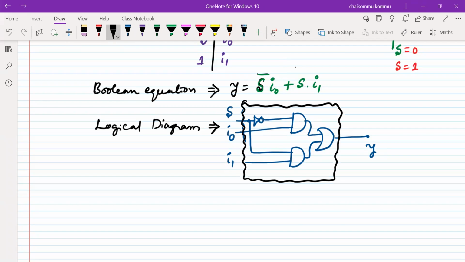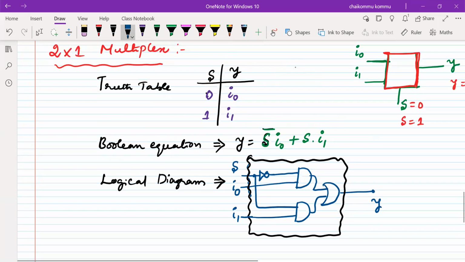2x1 multiplexer. That means that whenever we want to write a gate-level modeling for any logical circuit, first we have to draw the truth table, from the truth table to equation, from the equation to logical diagram. If you know the logic diagram directly, you can use that logical diagram. Without using the logical diagram, writing the gate-level modeling is not advisable. Okay, so once we know the gate-level circuit, then only it is possible to describe. Otherwise, it's not possible, right? So fine. So let us write a Verilog program for this one.